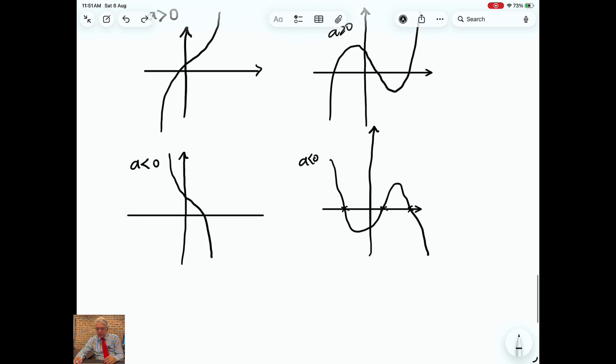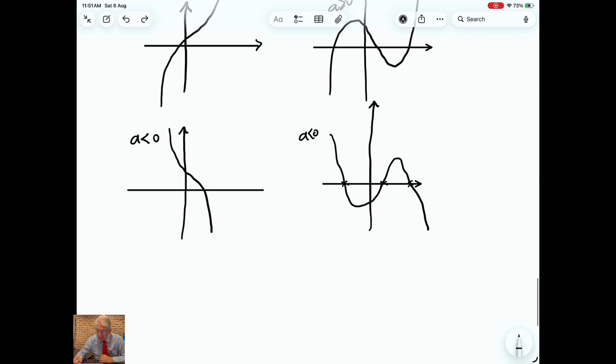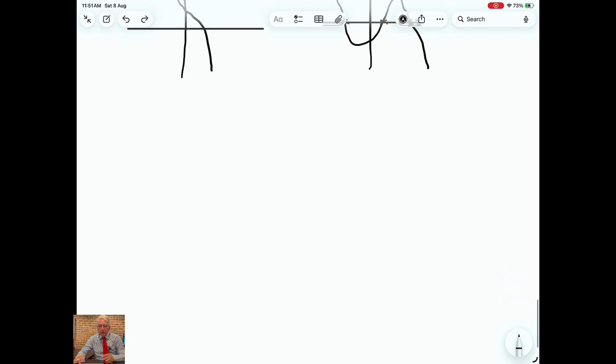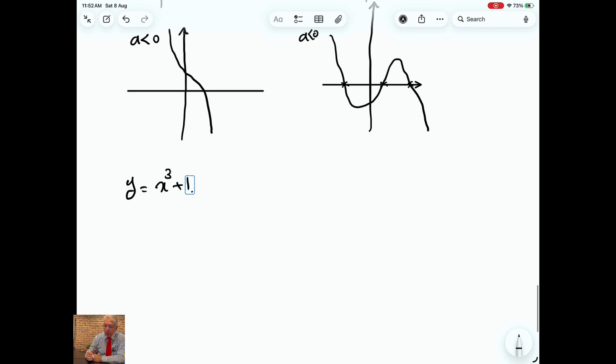All right. Now let's go for this. So you can draw this graph. Suppose I am giving to you y equal to x cubed plus 1. You know that x cubed is in this format because a is positive and then b is 0, c is 0, d is 1, therefore this is in this format. X cubed is like that. So x cubed plus 1,